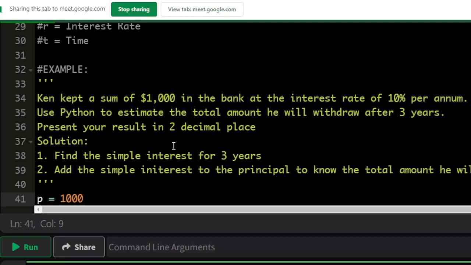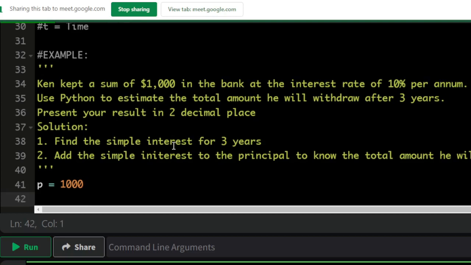It is when you want to represent strings, non-numeric values, values that are not numbers, that you put quotes around them. So if I want to say something like my name, name is Ima,